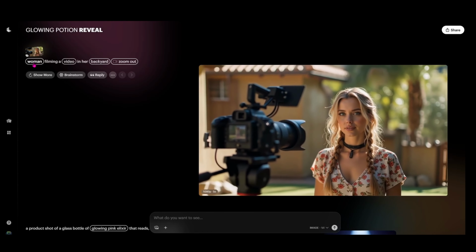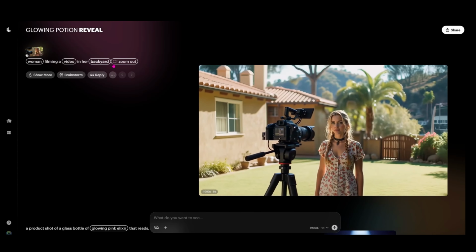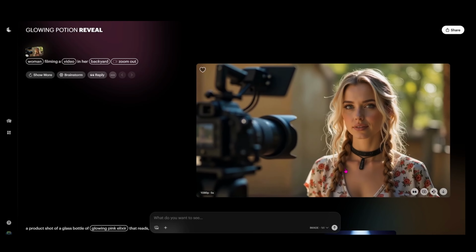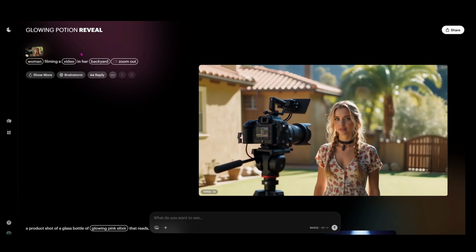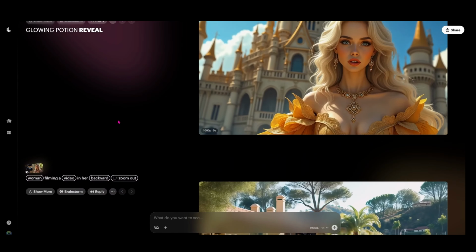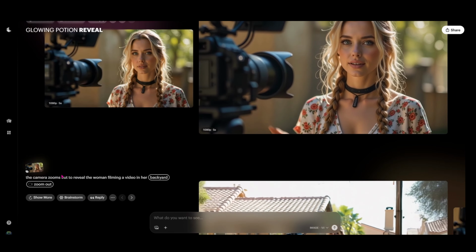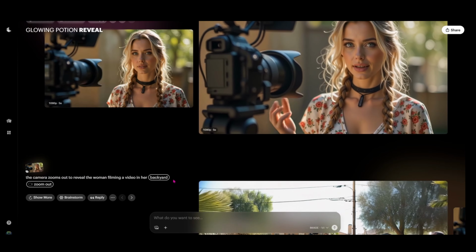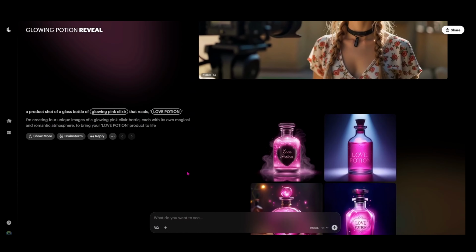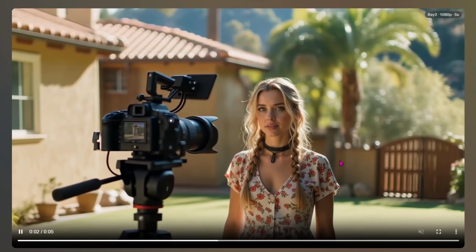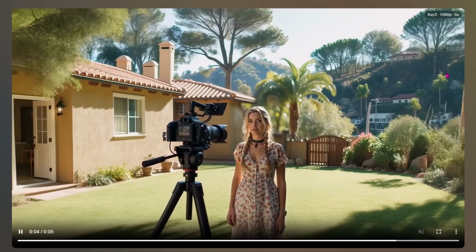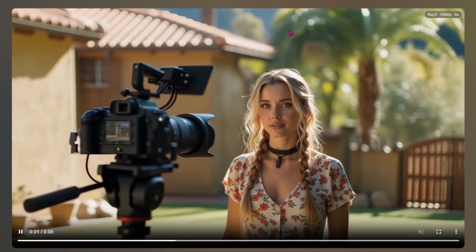I took the same prompt, the woman filming a video in her backyard, and put the zoom out on it without adding the zoom out camera motion like we did in this first original one that we were looking at, with the camera zoom out to reveal the woman filming the scene in her backyard. So when I removed that, you can see it really gave us much more of a scene behind her,